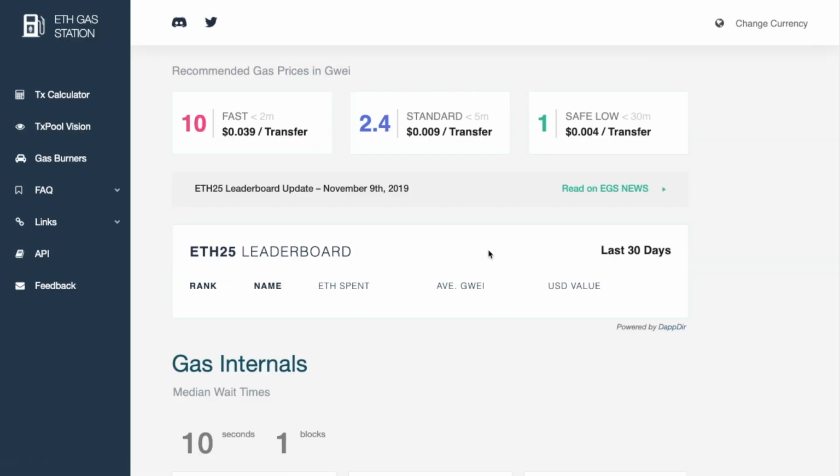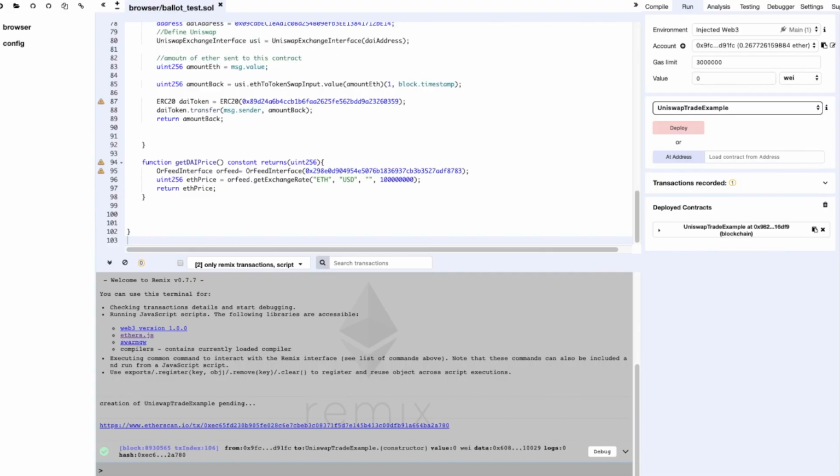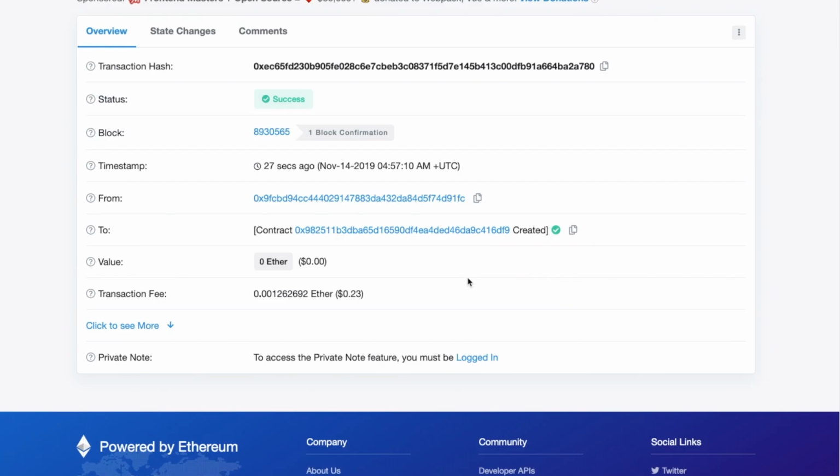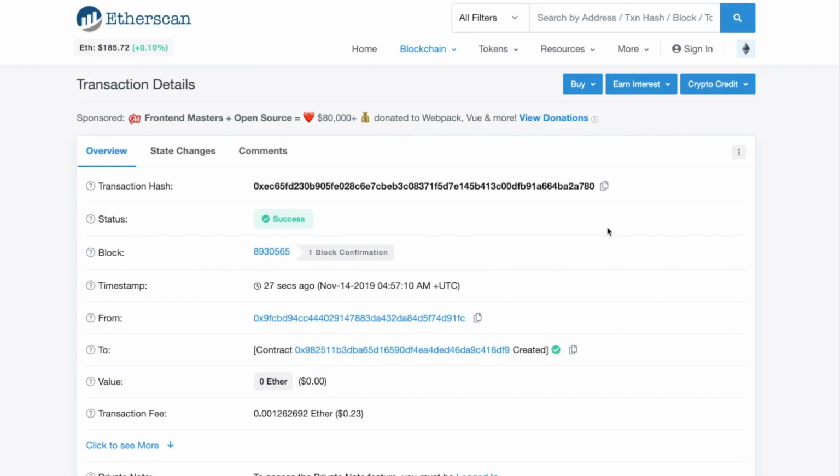This will all be gone eventually because things are changing and Ethereum is updating, and so gas is going to be much different than it is today. But for now, that's how it looks. So if you're looking at this in 2021, you're probably like, what? But this is how we were doing it in 2019. And so now I've verified the contract. So that contract was created 39 seconds ago.